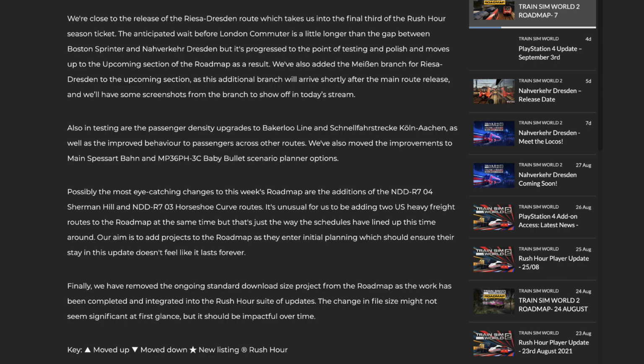Also in testing are the passenger density upgrades to the Bakerloo and Schnellfahrstrecke Kronach routes, as well as the improved behavior to passengers across other routes. We've also moved the improvements to MSB and the MP36PH-3C Baby Bullet scenario planner options. I'm glad that Bakerloo and SKA is definitely getting their passenger upgrades. We needed those. We definitely needed those. I've been playing the Bakerloo line a little bit, and coming into stations and seeing them empty is just, no,